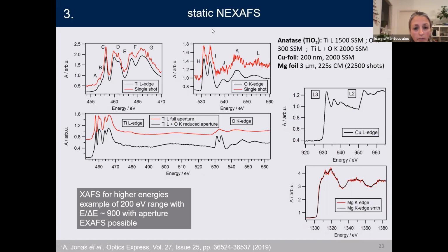So these spectra are in an energy range which is already available with harmonic generation also in the laboratory. But what is really unique for our spectrometer is that we can go quite a lot higher, and this is the copper L edges, and this is really the end, the magnesium K edge at 1.3 keV, and this black line